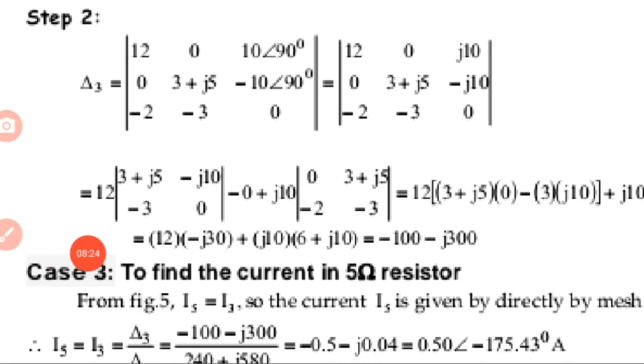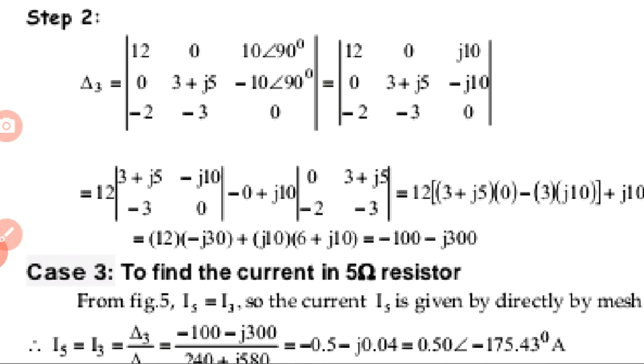So in this method, we have to solve the number of equations for any circuit by mesh current analysis. There are just three steps we have to remember. First, write the mesh current equations. After that, put them into matrix form. Next, from that matrix form, based on which value you have to determine, we select either delta 1, delta 2 or delta 3. Based on that, we find the voltage, current or any other parameters.